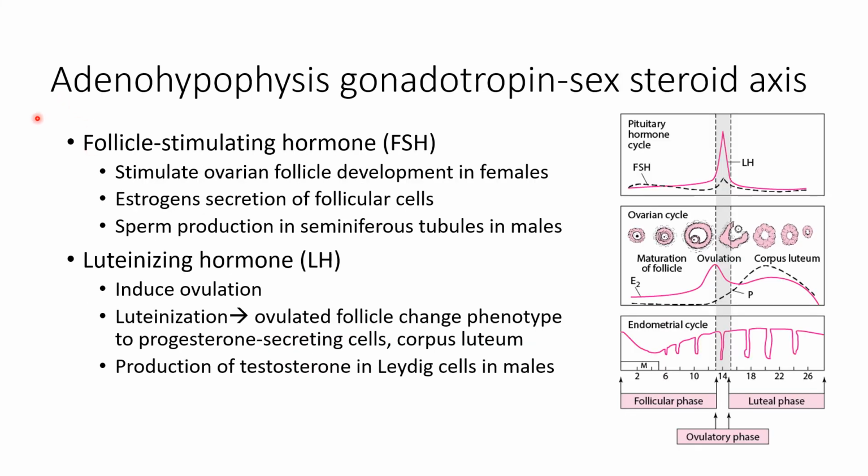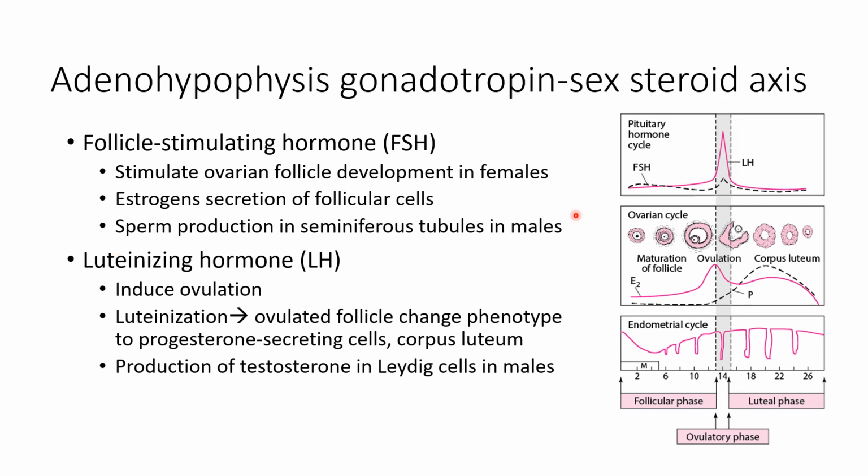Let's move on to your adenohypophysis gonadotropin sex steroid axis. Basically, these are sex hormones, mga stimulating hormones secreted by your adenohypophysis, which act on your reproductive system. Primarily, you have two, your FSH and your LH. Your follicle stimulating hormone, as the name implies, stimulates follicular development in females, so ovarian follicular development, as shown here. They also stimulate the secretion of estrogen from the follicular cells, and in males, they induce sperm production